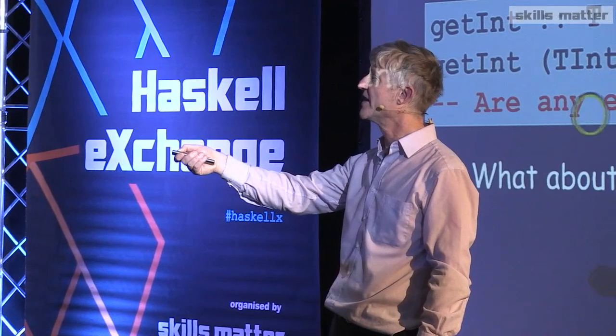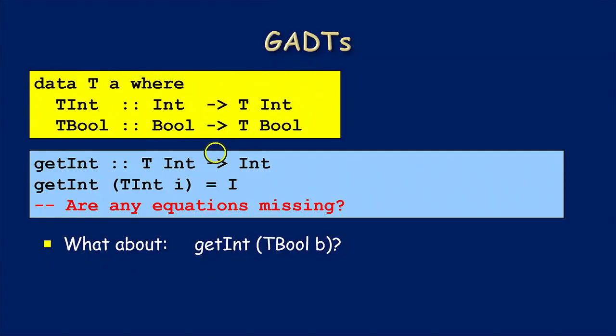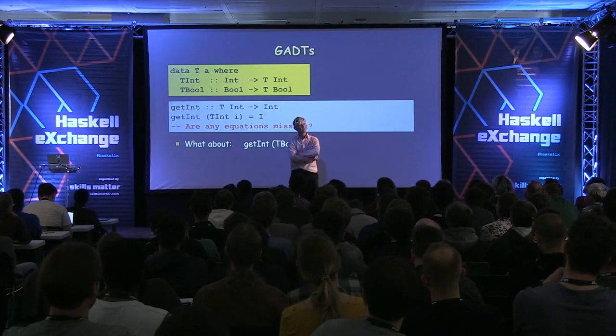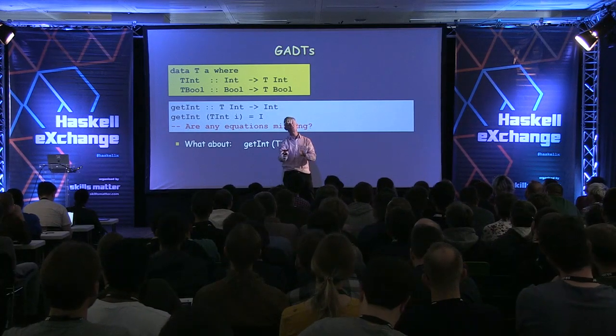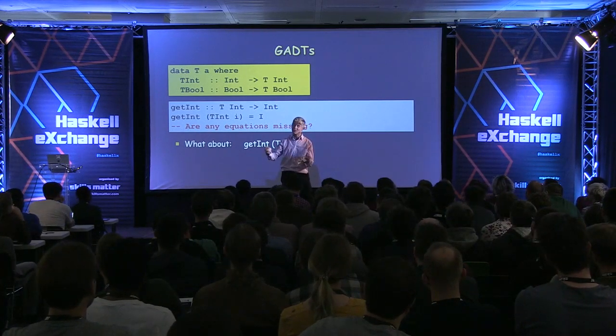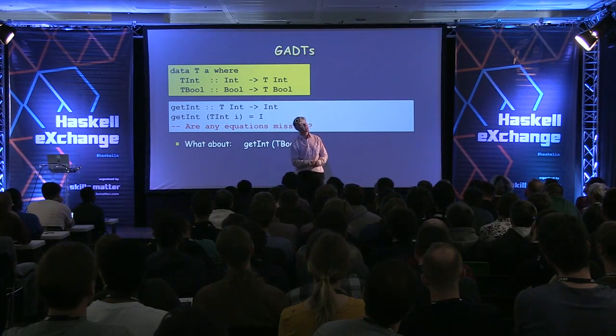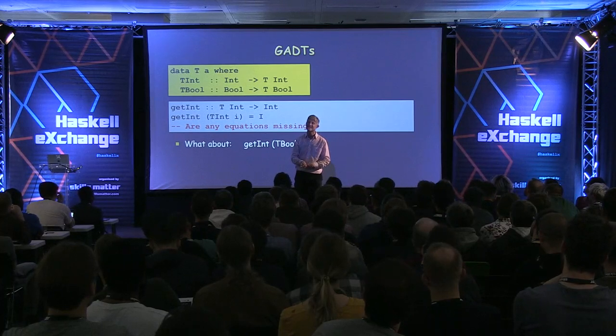So here is another one that interacts with the type signature. The argument is of type TInt. Okay? And we pattern match on this TInt data constructor. That's good. Are any equations missing? Bottom. So it has become too easy. You're going to have to nuance your answer a bit more to explain the way in which bottom is the correct answer. And anyway, is any equation missing is a yes-no question. No equations are missing,